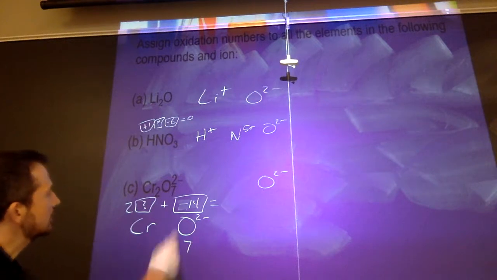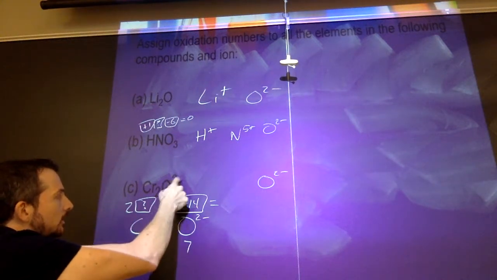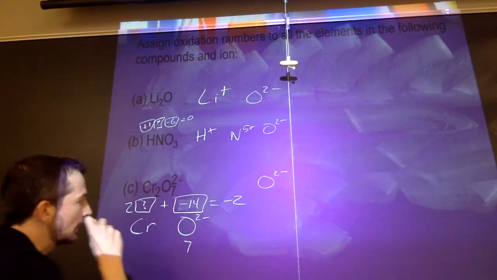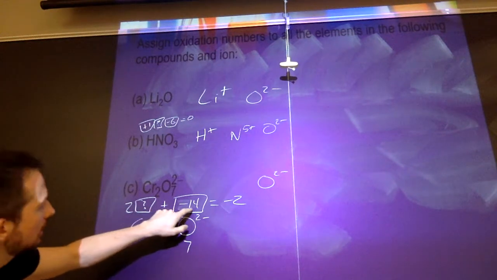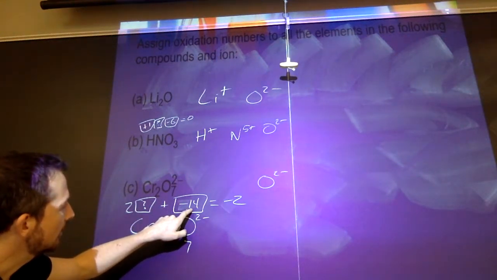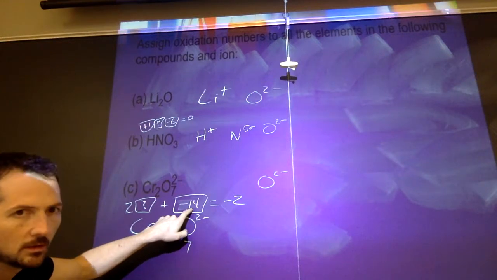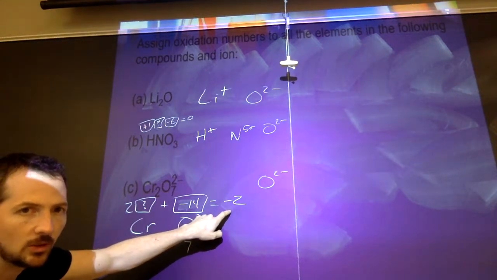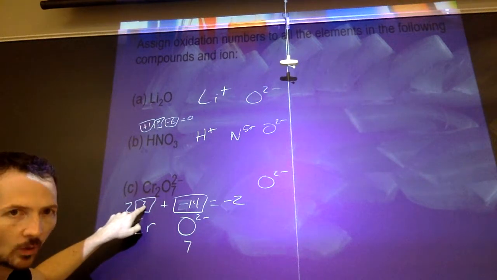So the charge, well, not here, it's oxygen, here is 2-. Okay. So if this is -14, and I want a charge of -2, then I need a +12 here,